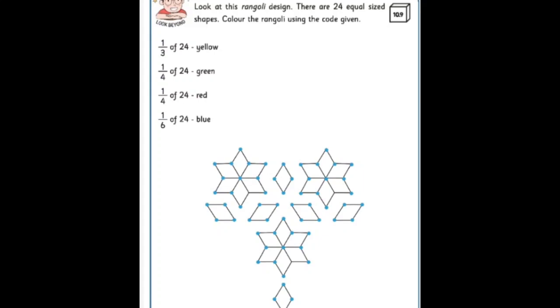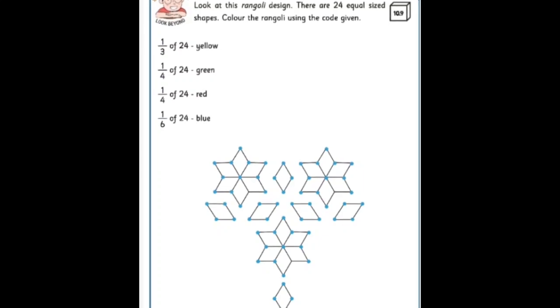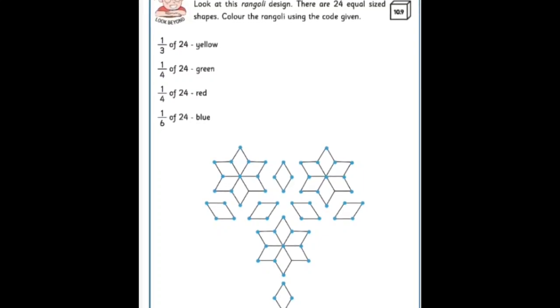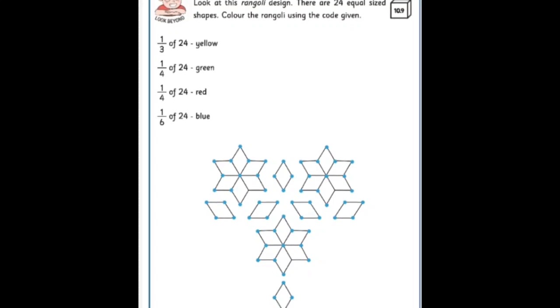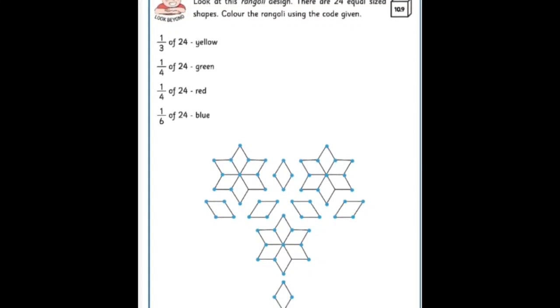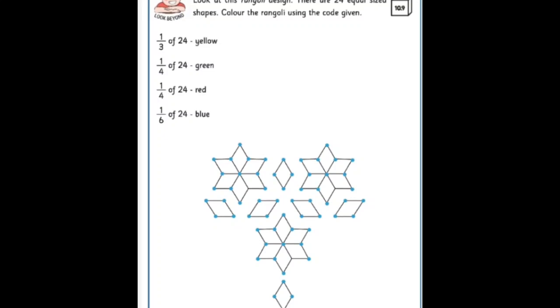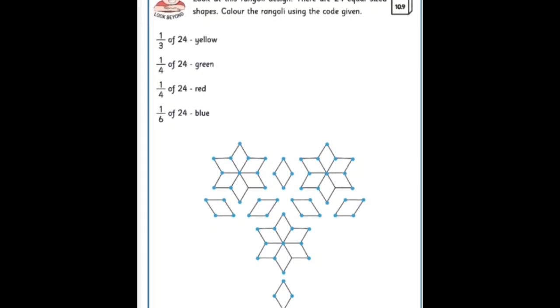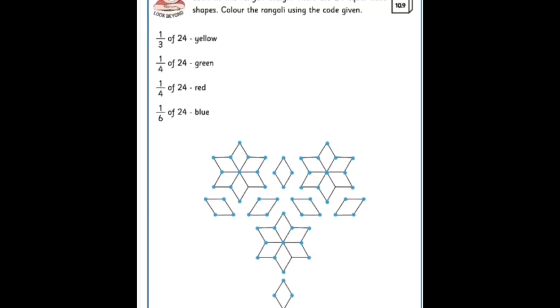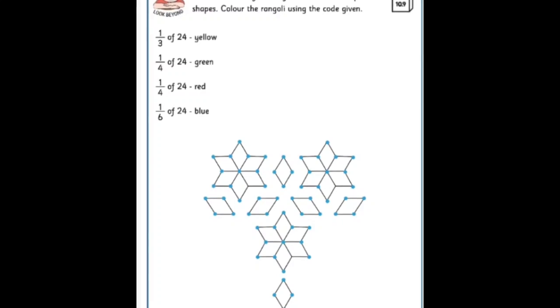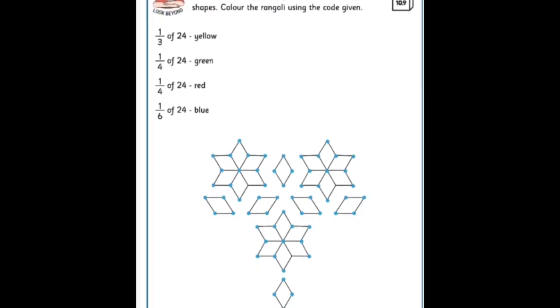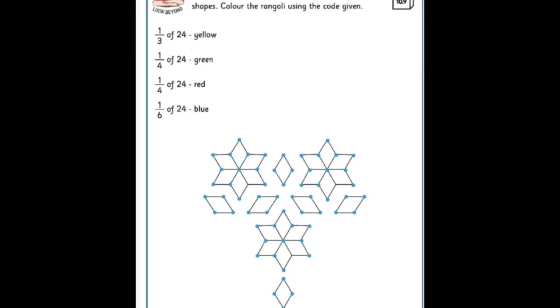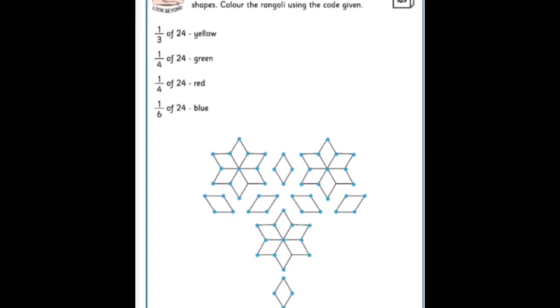Next let's do activity 10.9. Children, take page number 39, activity 10.9. Look at this Rangoli design. There are 24 equal sized shapes. Color the Rangoli using the codes given. Children, here you have to color 1/3 of 24 shapes as yellow.